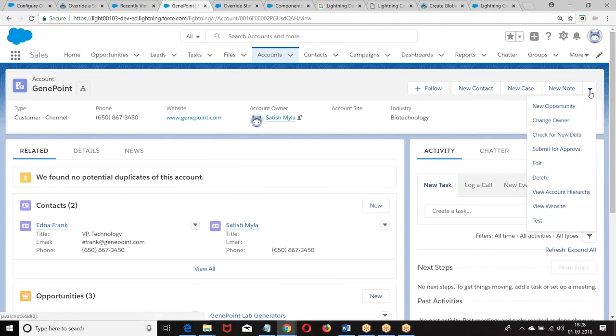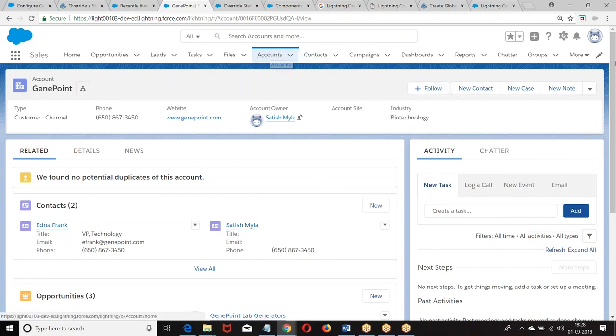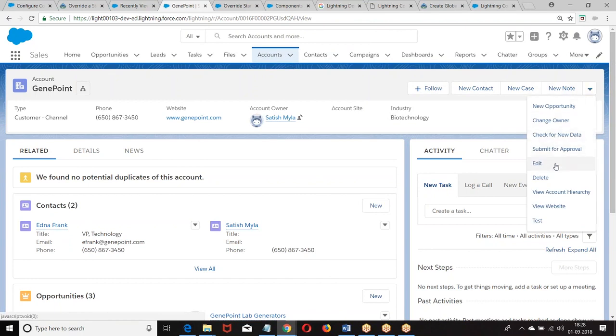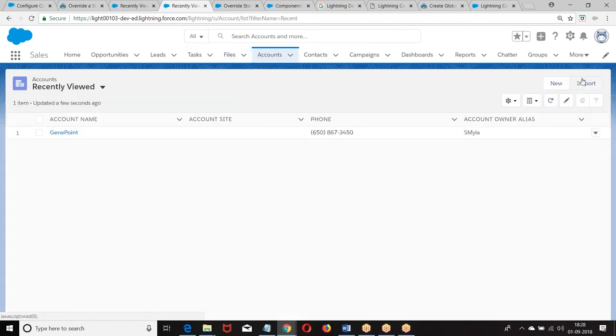These are object specific. What is the action that we created right now? What is the action? New, right? We got a new. What was the object here? Account. What is the action here?